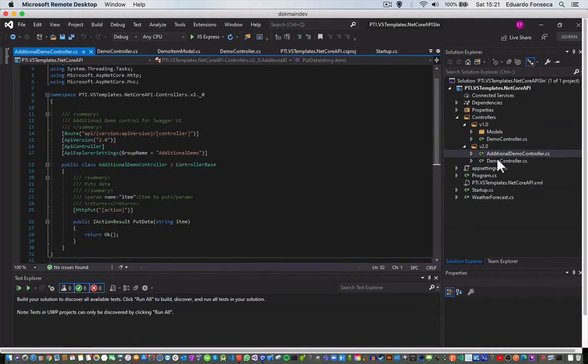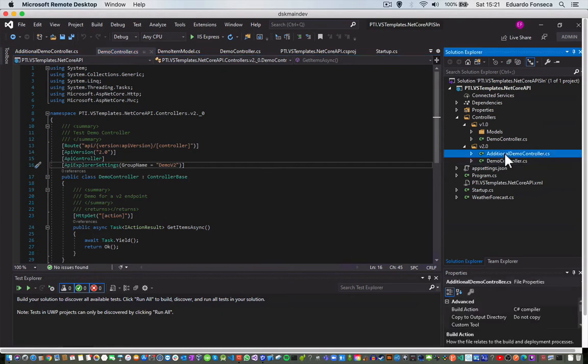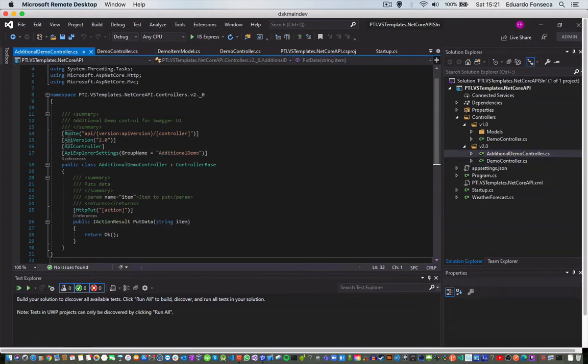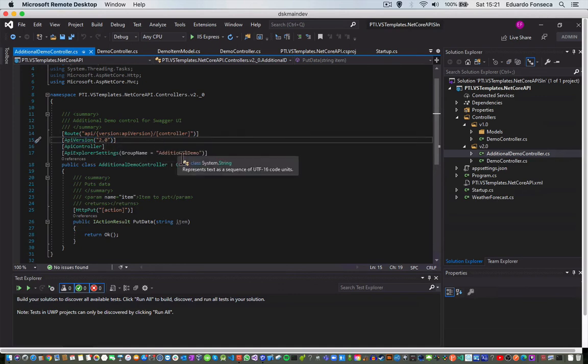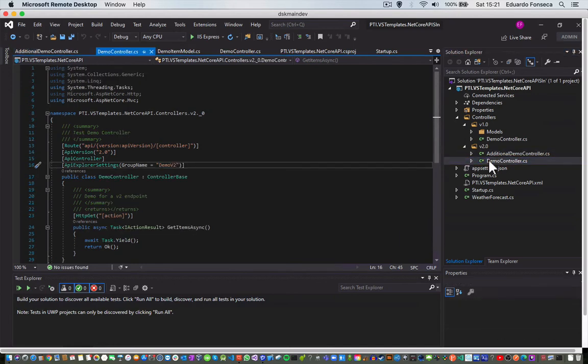Here I implement two demo controllers, with the route and the API version too, but this one is version 2, and this is the group name for that one. This demo controller has group name demo v2 and API version 2.0. So when I go and run this,